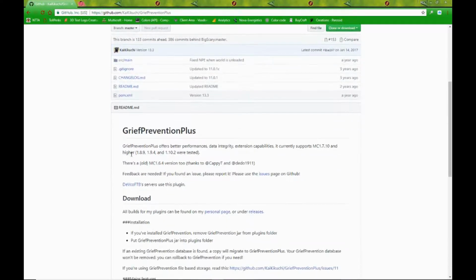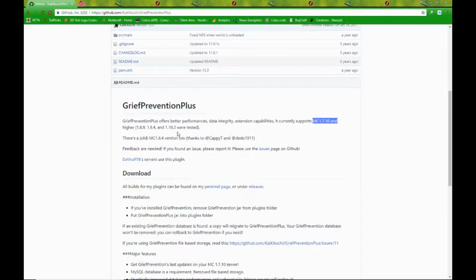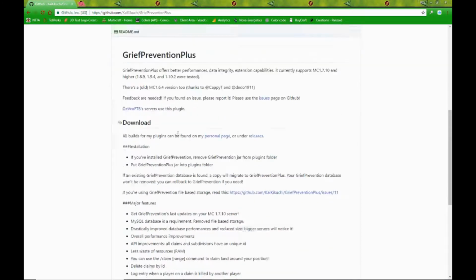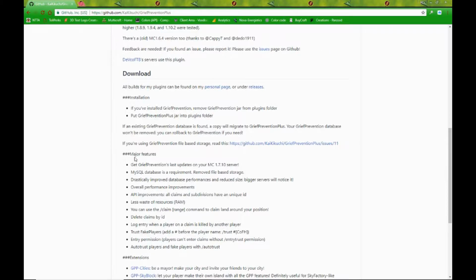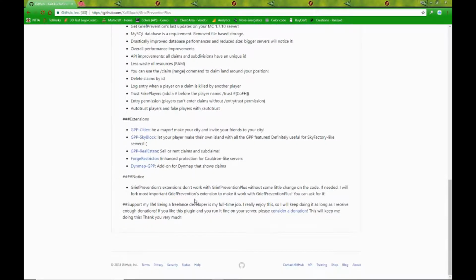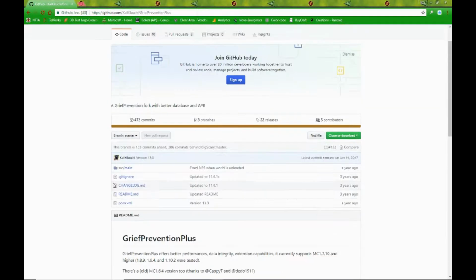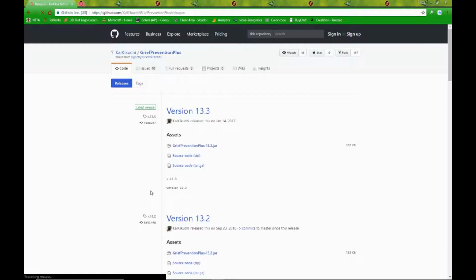Come to this page, and it'll give you an overview of Grief Prevention Plus. It shows you that it's been tested at certain versions of Minecraft, supports certain versions. Of course, you have installation, what features it has, extensions, notices, and such. To download the one you're going to need, you're going to go over to